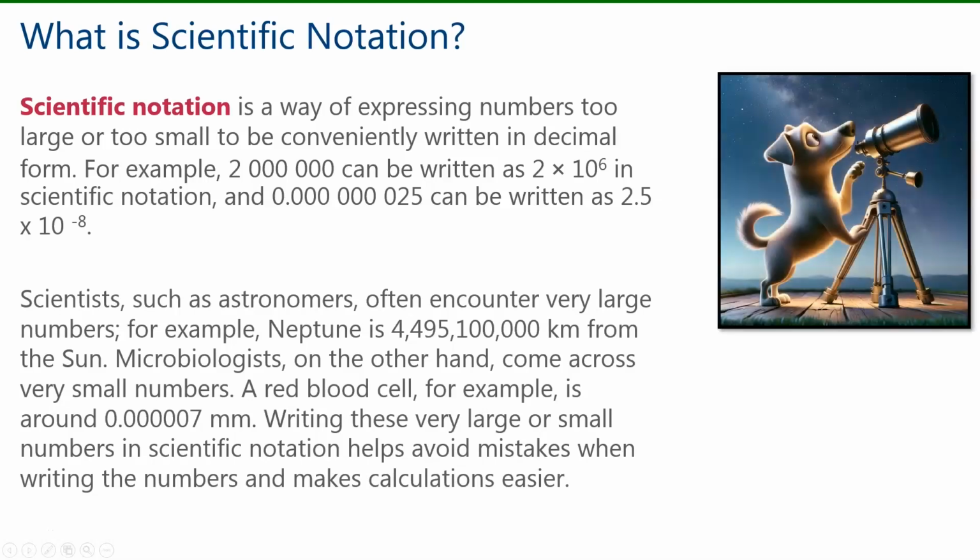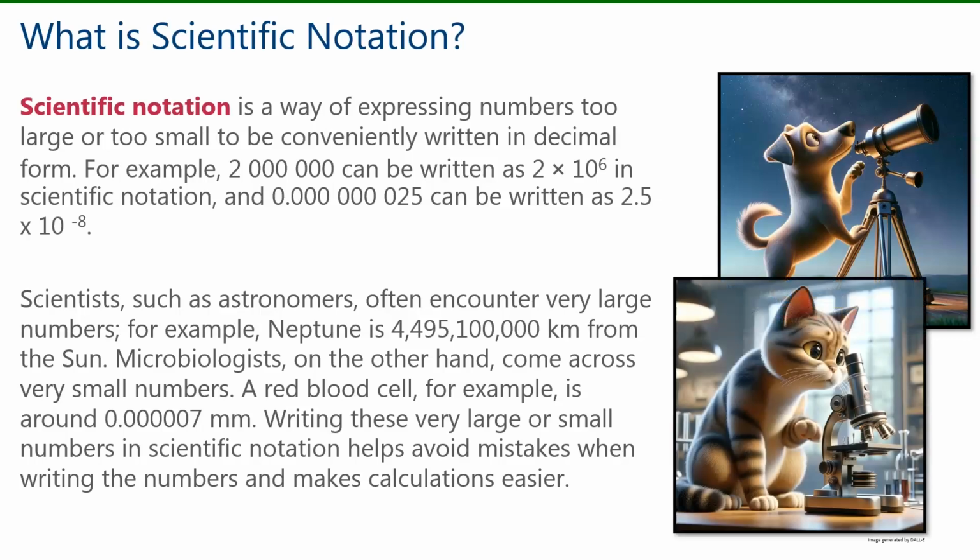Scientists, such as astronomers, often encounter very large numbers. For example, Neptune is 4,495,100,000 kilometers from the Sun. Microbiologists, on the other hand, come across very small numbers. A red blood cell, for example, is around 0.000007 millimeters. Writing these very large or very small numbers in scientific notation helps avoid mistakes when writing the numbers